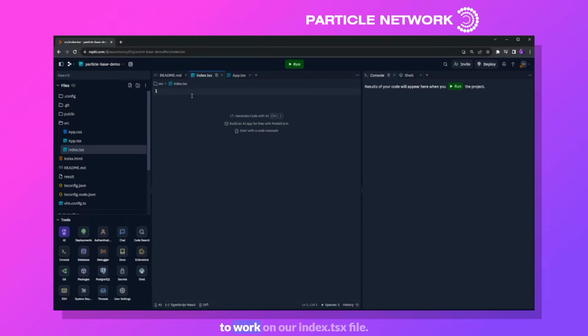To begin, we're actually going to work on our index.tsx file. We'll head over to the main app file in a moment. Within our index file, let's start by importing a few different Base libraries. So let's go ahead and get started with React. We can also import React DOM, and then we'll need a few different objects from our Particle Network libraries, starting with auth type, which will be from